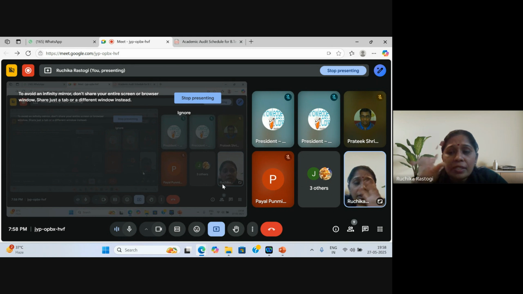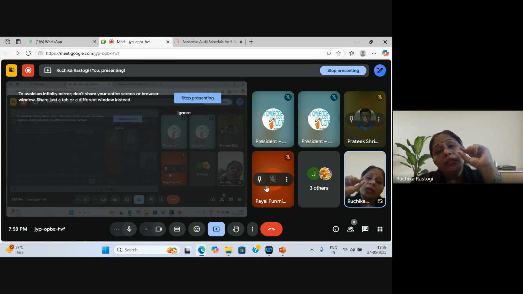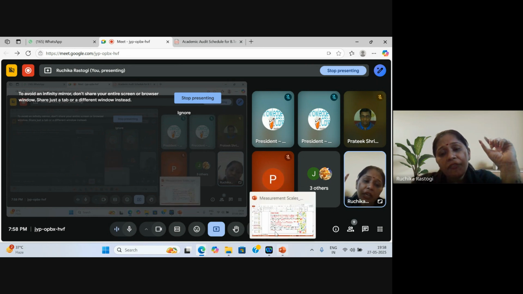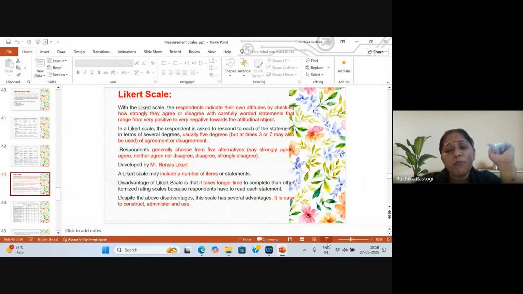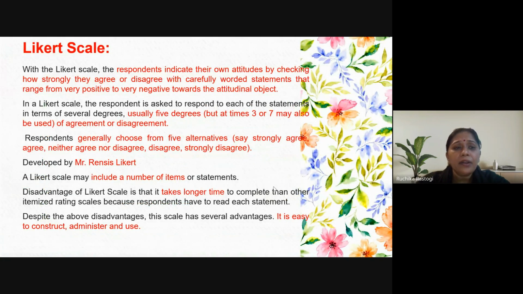So in that way, just understand how sensitive your population is and how deeply you are interested in taking responses from them. Then only decide what the type of Likert scale should be, whether it should be 3, 5, or 7. And one more important thing, you can't ignore what Likert scale has been used in the literature. You should refer to literature all the time. So if there is any study done on rural areas, see how many studies have been done in the past in rural areas and what kind of scales they have used: 3-point, 5-point, 7 or 9.